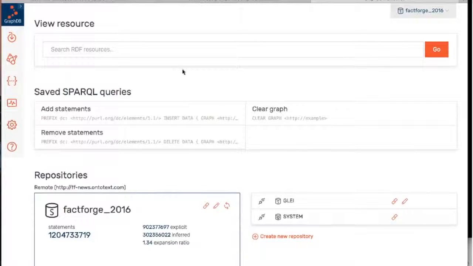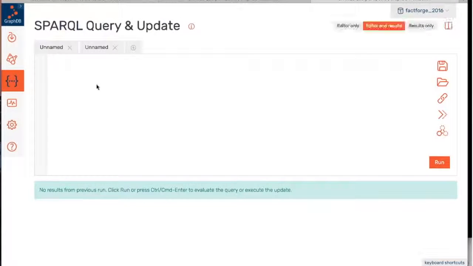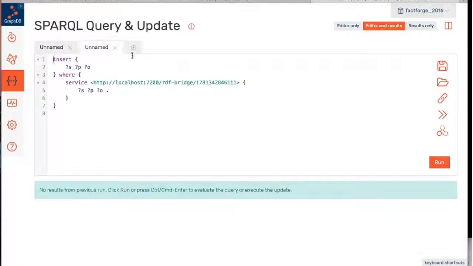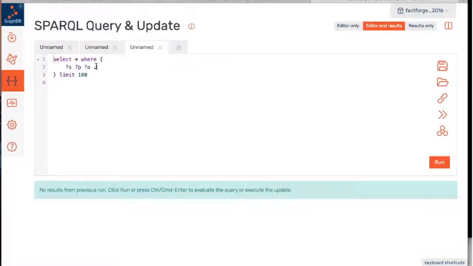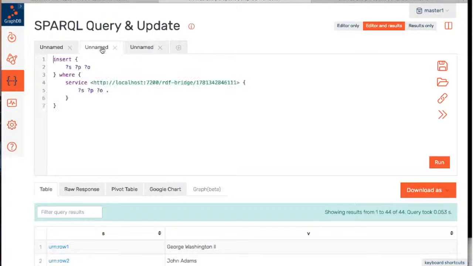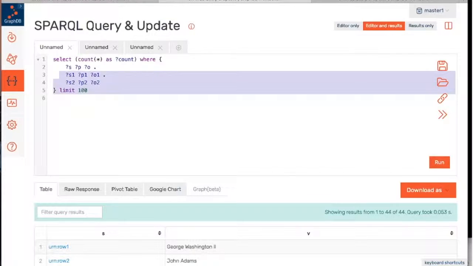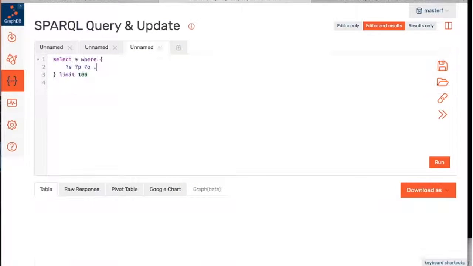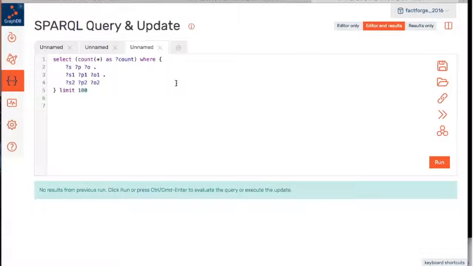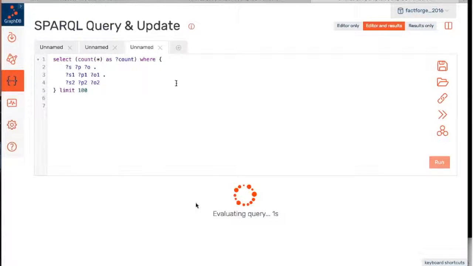So GraphDB 8.1 will not look much different from GraphDB 8.0, but there are some cool new changes. So for example, if you remember my long-running query from here, I'm just going to copy paste it. And this is GraphDB 8.1, the future one. And if I execute it, we've added this little timer here when you execute a query, or be it